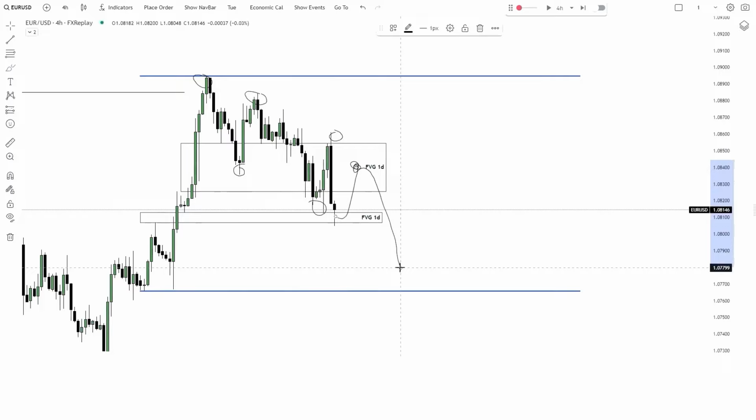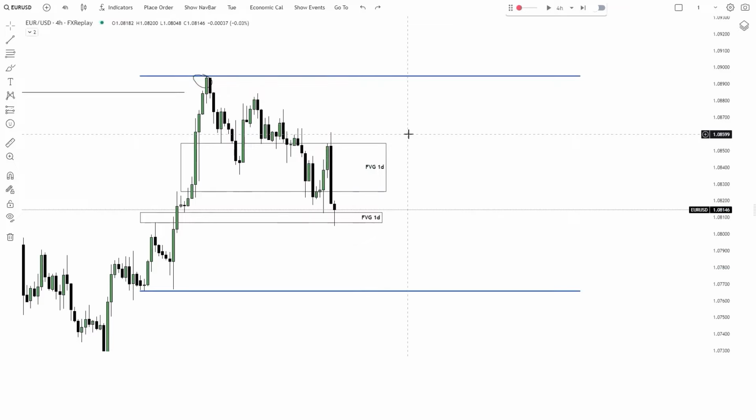So what do most traders do in this scenario? They open short positions, placing their stop losses above this high, or that one, or even somewhere across this entire zone. But here's the problem. By doing so, they're essentially giving the market a clear liquidity target. Big players know retail traders cluster stops there, so price will often spike into those levels, trigger the stops, and then reverse. That's why blindly trading structure, without considering liquidity, imbalances, and higher time frame contexts, is just as flawed